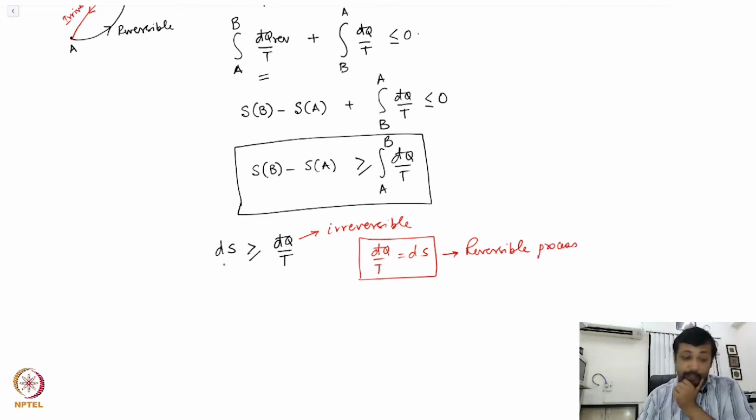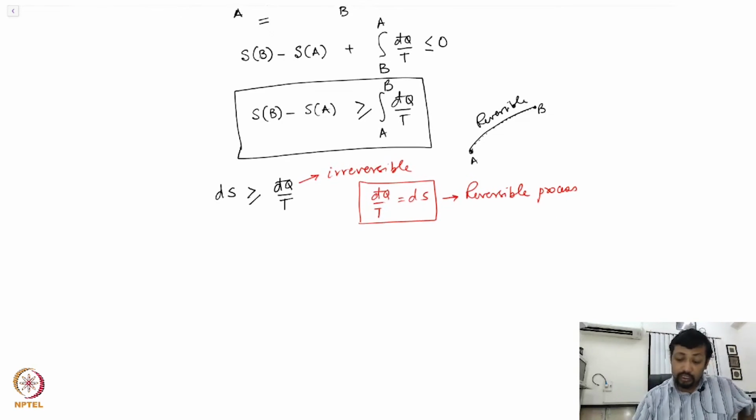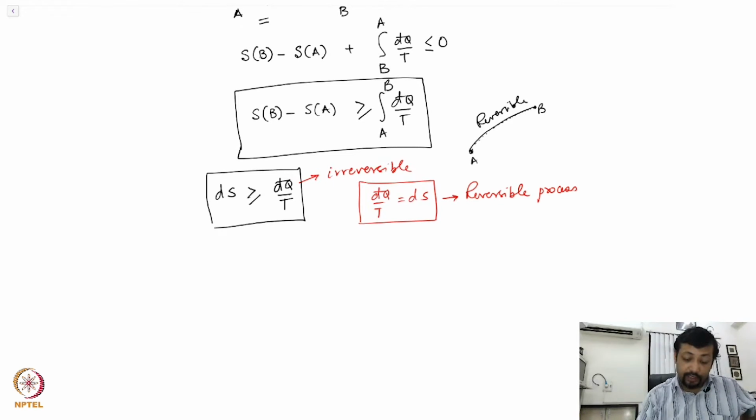So this entropy, what does this mean? Let's be more explicit about this. This entropy or any other thermodynamic parameter, if I have a reversible process between A and B, then the entropy is defined for all the thermodynamic state points which lie on this curve, if this is reversible. In contrast, if it's an irreversible process, this essentially means that it is only defined at A and B. Otherwise, it's not. So, therefore, I have this particular relation dS is greater than or equal to đQ by T.